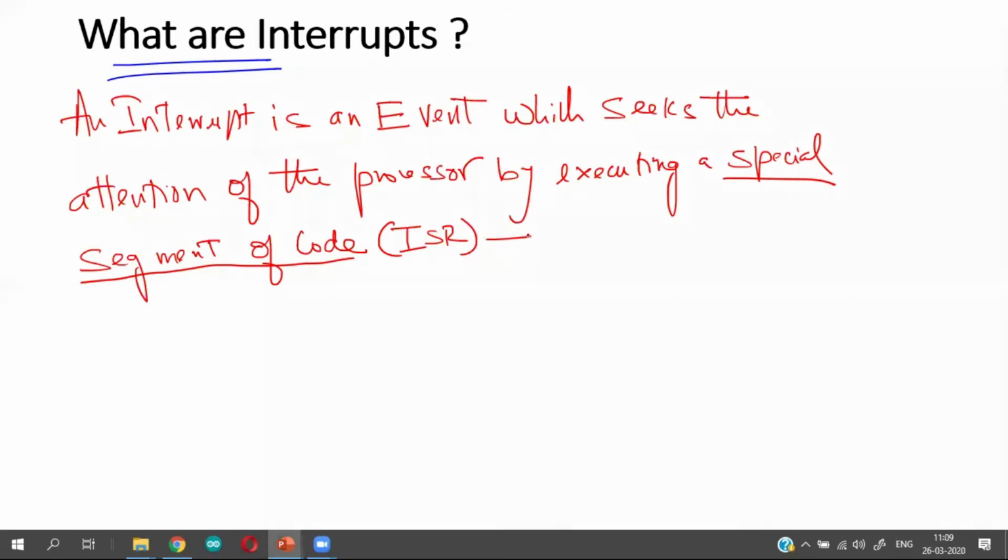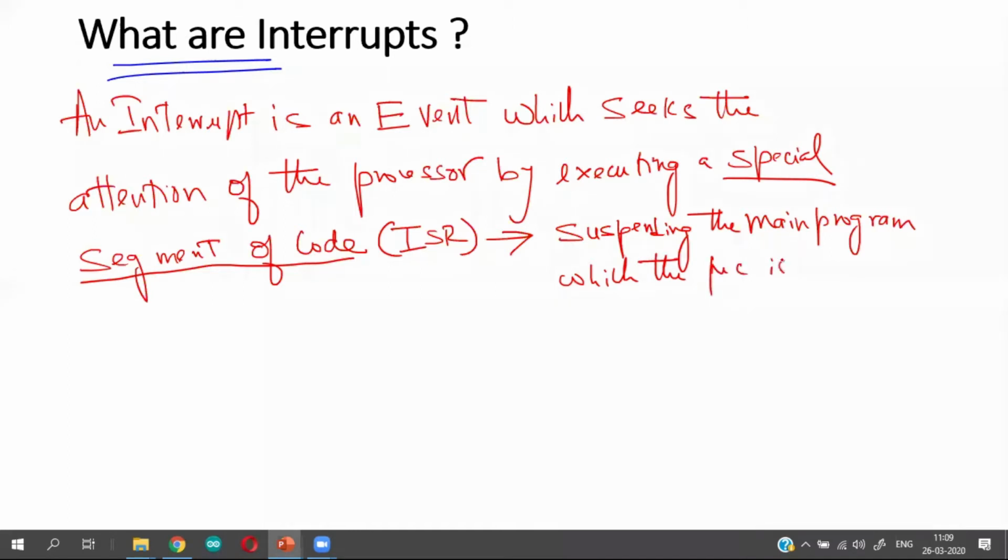And this is facilitated by suspending the main code or main program, which the microcontroller is currently executing.